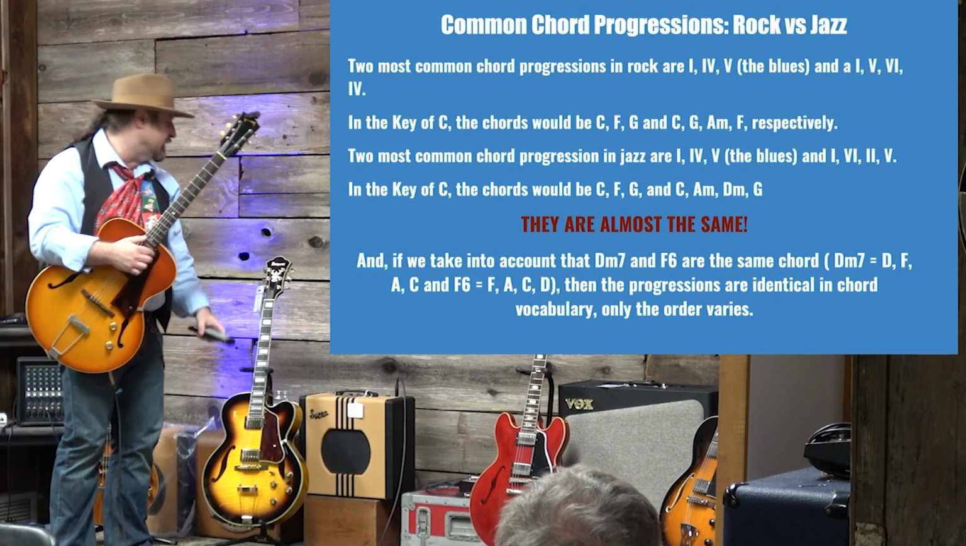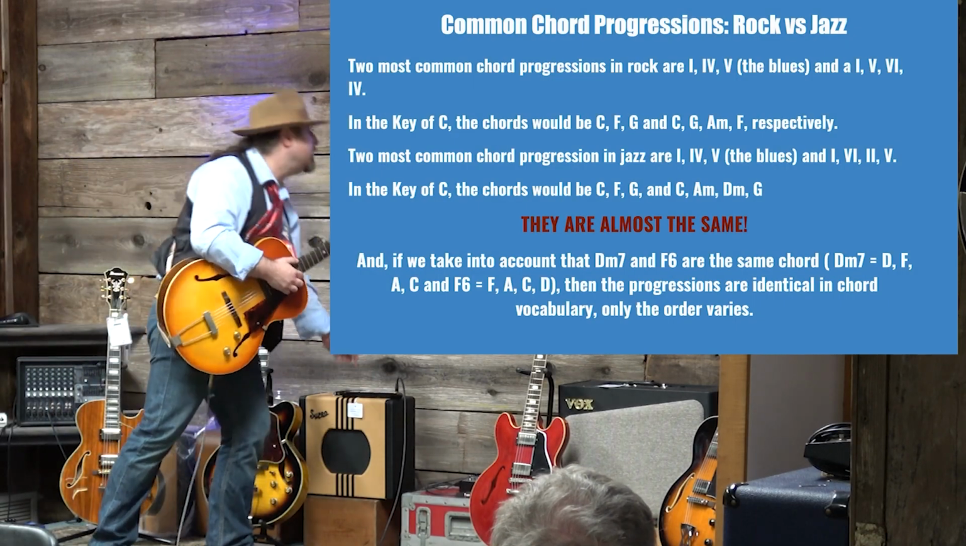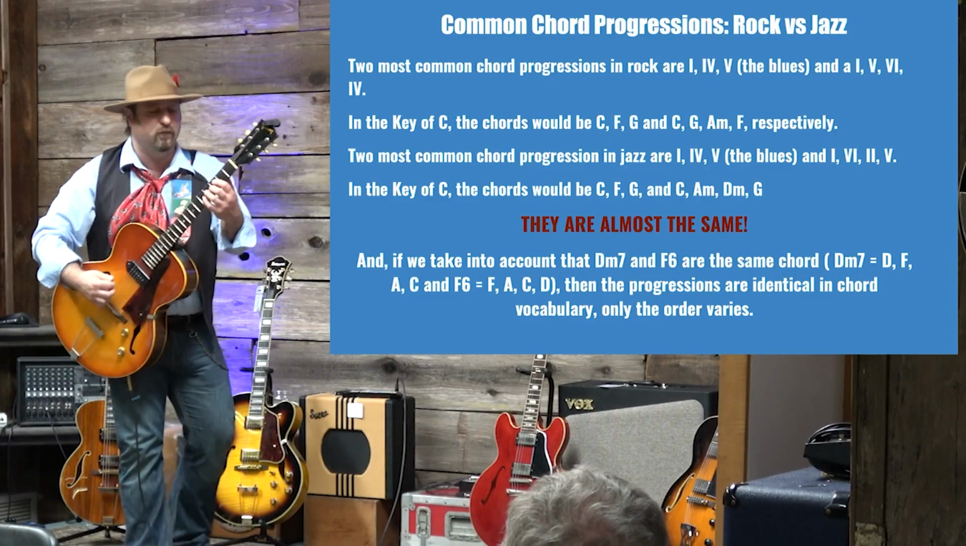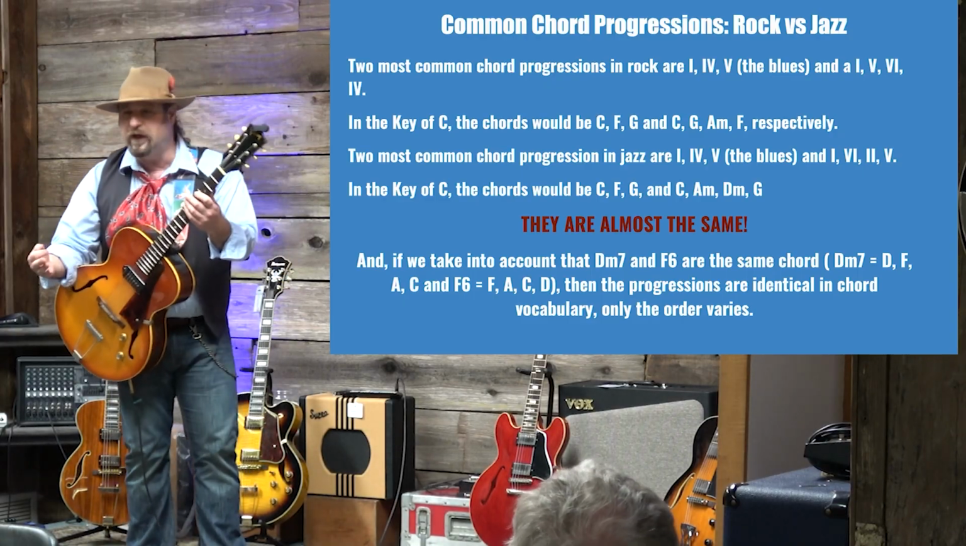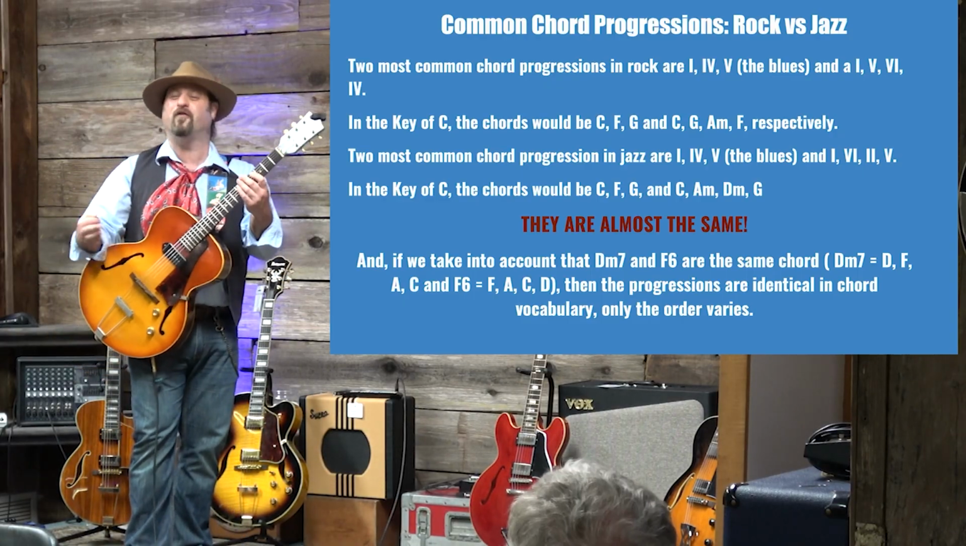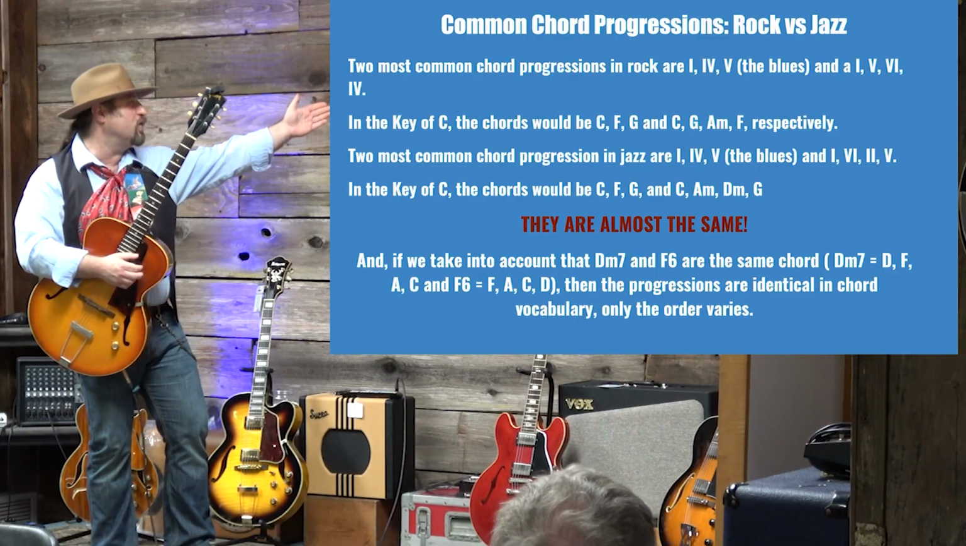Okay, so now we're going to get into the part where we play. The most common chord progression in rock and roll is the blues. You guys all know that. Louie Louie, Teenage Wasteland, 1-4-5. The second most common chord change is